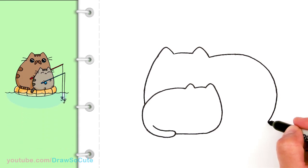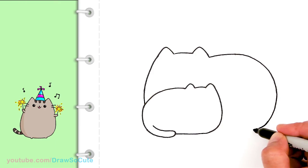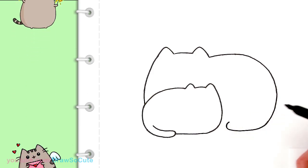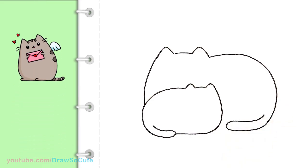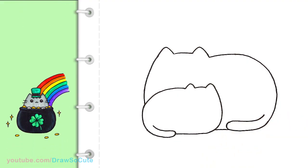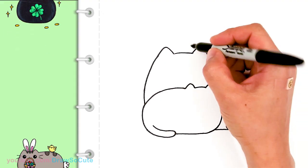So same thing, we're going to draw her tail. So I'm just going to bring it down. And really close to Pusheen, about right here. Bring it up and up. And then once again, just finish it off with a line for the bottom. So there, now that we have the basic shape for mom and Pusheen, let's come back up here and bring